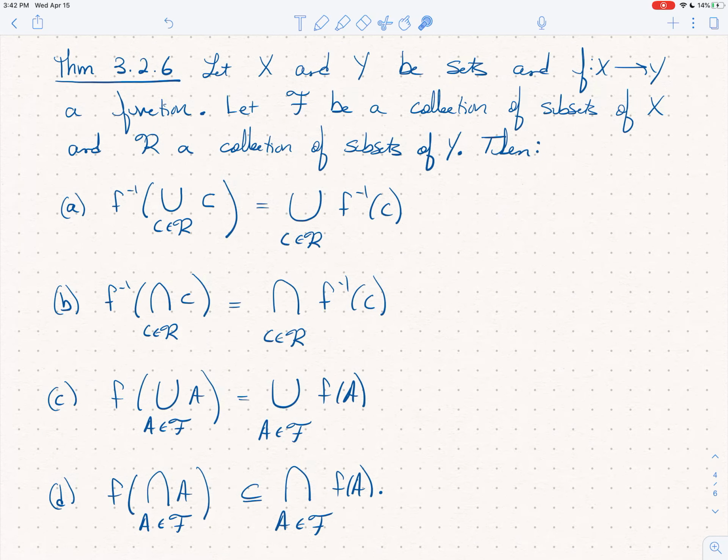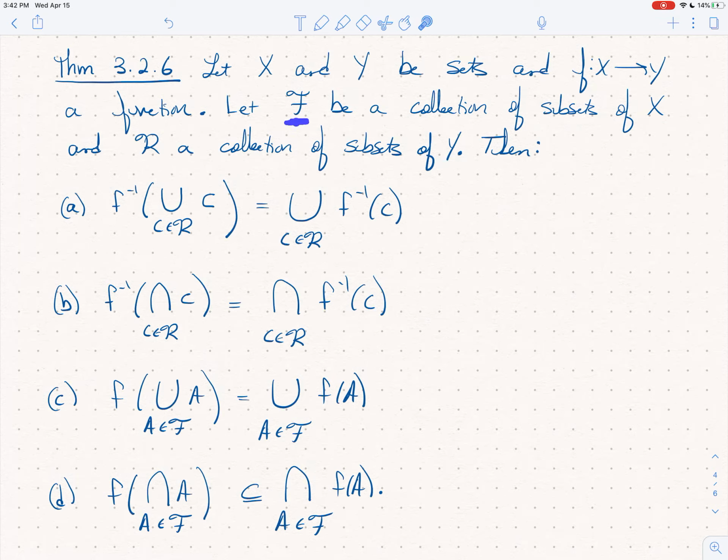So the next theorem in this section is similar to the previous theorem. It just generalizes things a little bit. Let's switch our lasers. So again, I have two sets, x and y. I'm thinking about x as the domain of my function, y as its codomain. And now this time, this is different. Instead of having two sets, a and b, subsets of x, and two subsets of y, I'm going to have